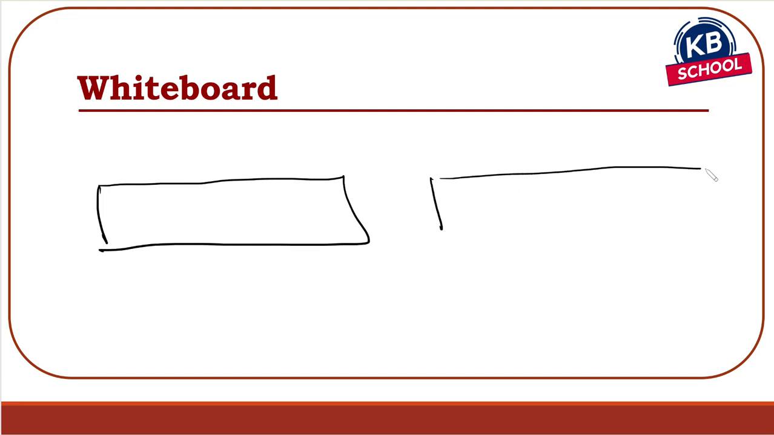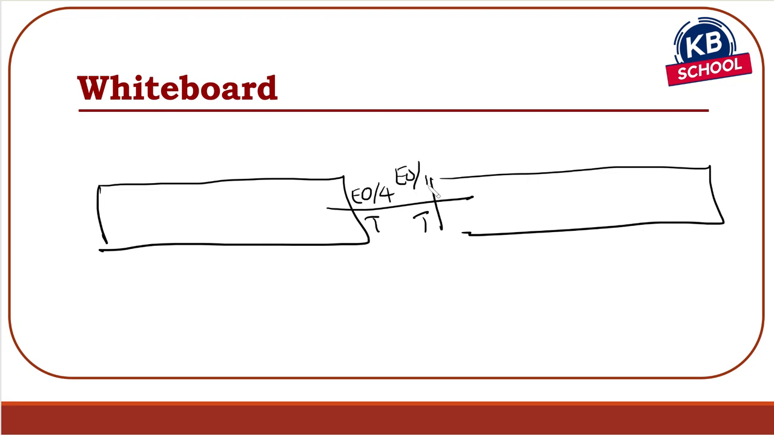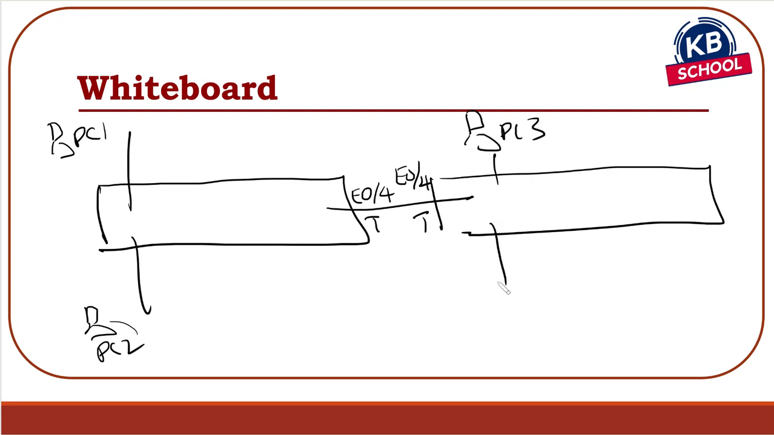I'll configure or show you, draw two different switches over here. This is a trunk. In our case, it was E0/4 on both sides. And over here, I have PC1, PC2, my PC3 is over here, PC4 is over here. All right, so when the frame comes in, first of all, I need to configure this